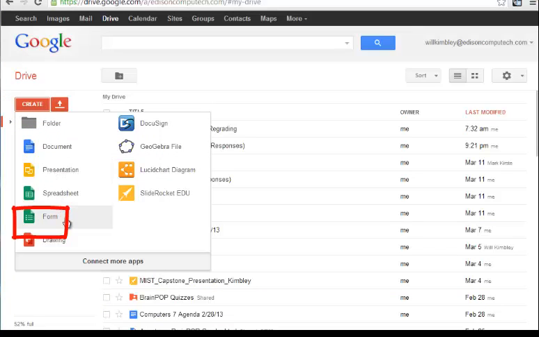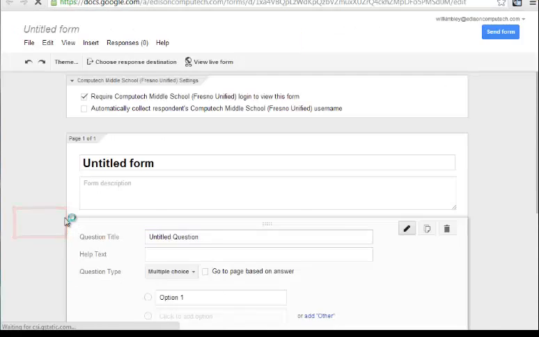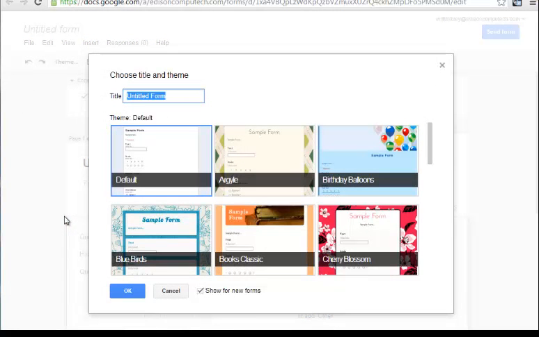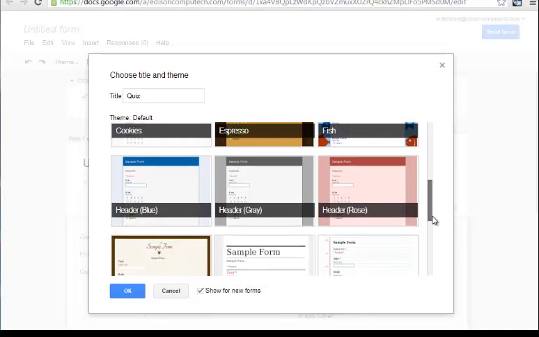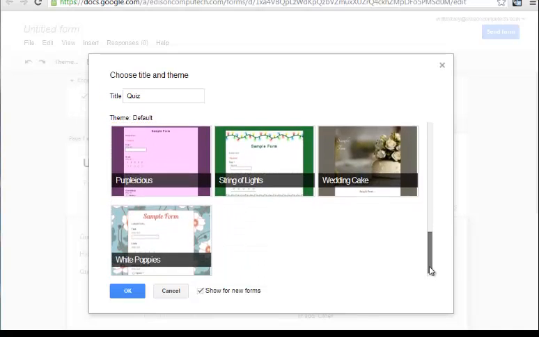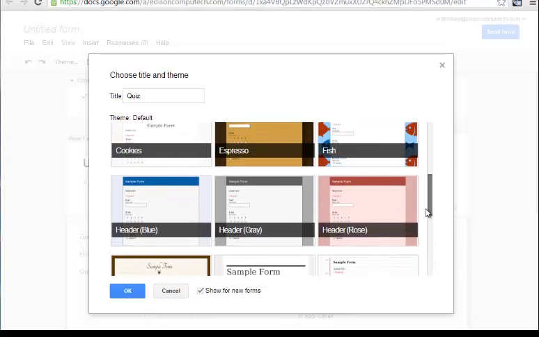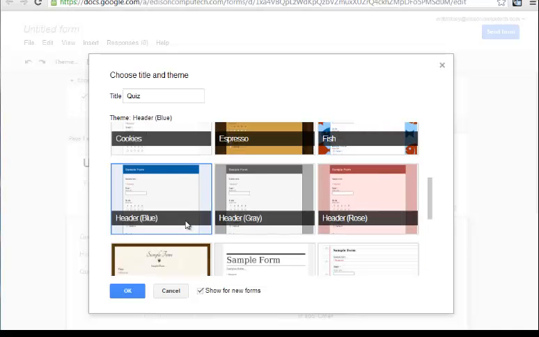and then choose Form. This will come up and give you a chance to title. I'm just going to give this a simple title of quiz, and you can choose what type of style of theme, so to change your background. Don't get too fancy, but you can choose a number of different themes here. I'm just going to choose a fairly simple theme here, or you can just use plain, which is the default,